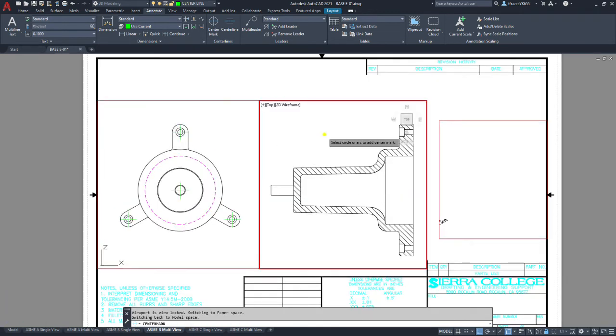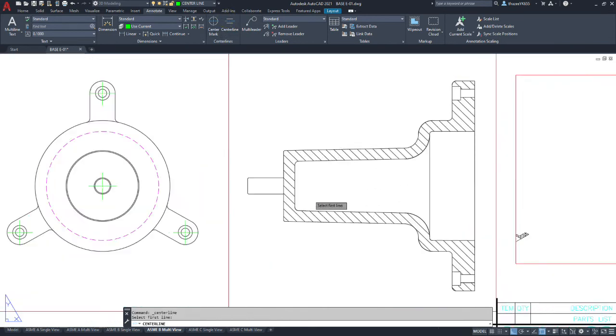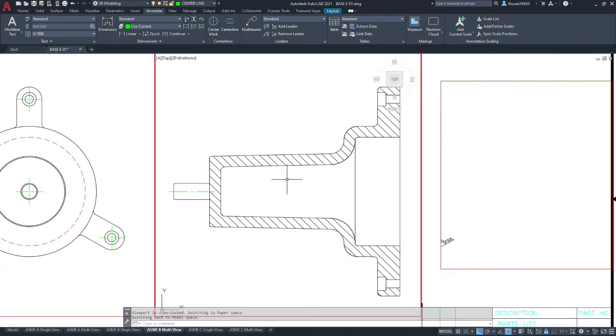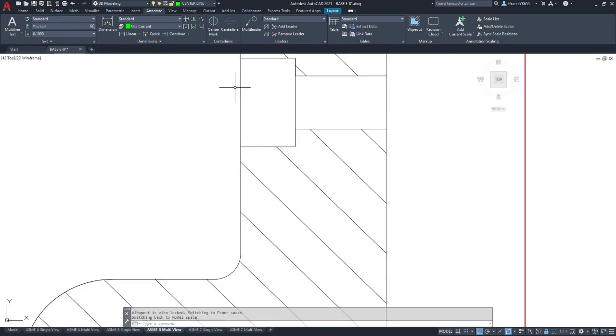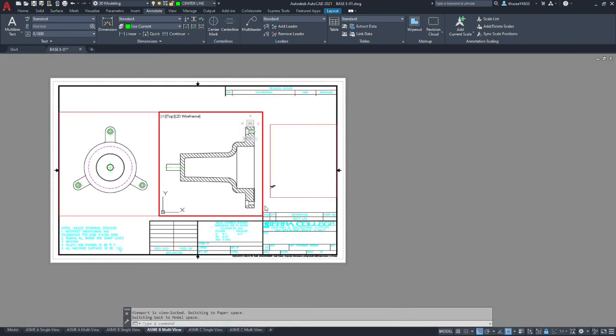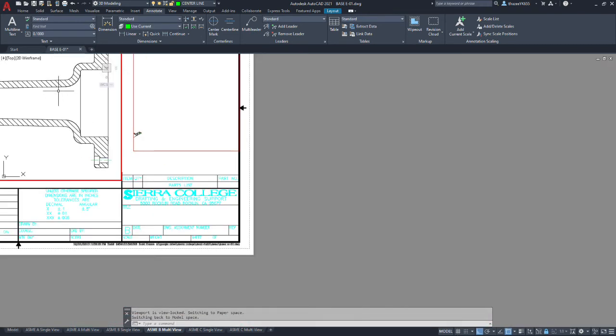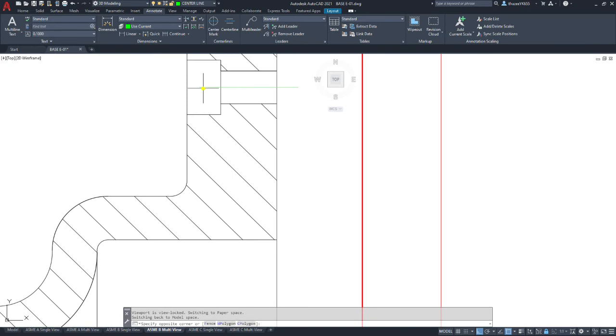Now while we're at it in this layer, we'll go over here and put our center lines in. We're going to have a pretty substantial center line that's going to go right down the center, and another one in the center of these holes over here on both sides. And then we should be able to grab the control points on them and stretch them to their appropriate length.